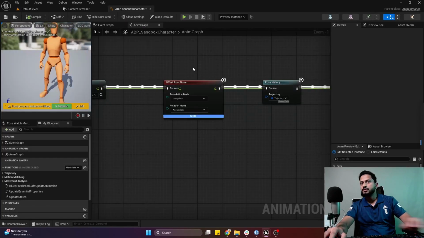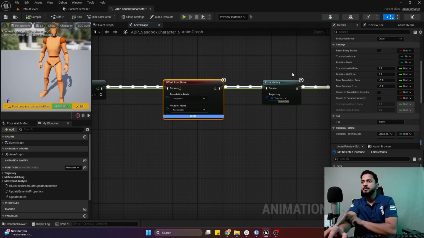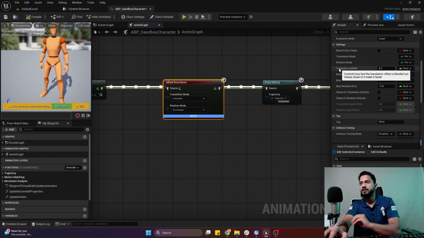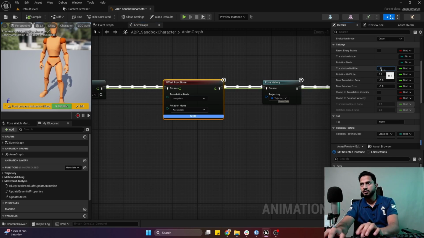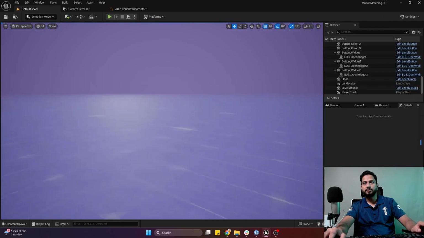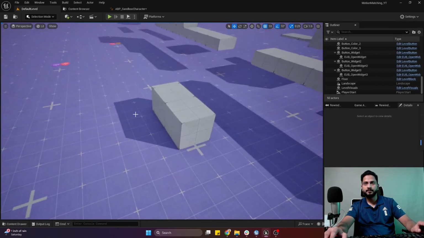Okay. So for the properties, this is the translation half-life, how fast we blend from the offset. So I will set this to 0.2, rotation half-life 0.2. So this is the max translation error. So if I set it to -1 and go over here,